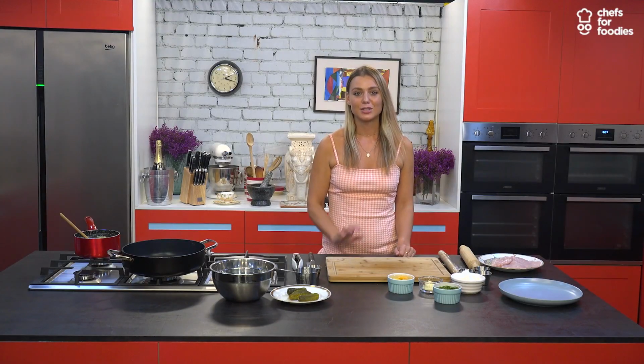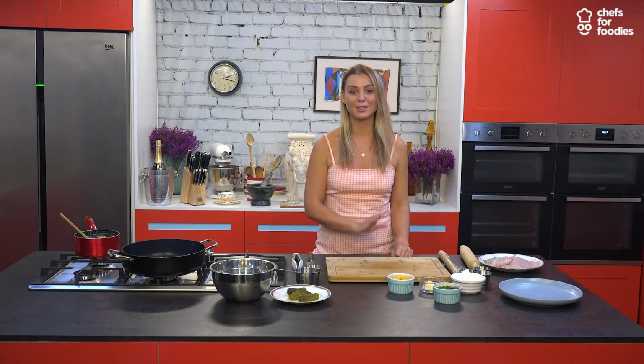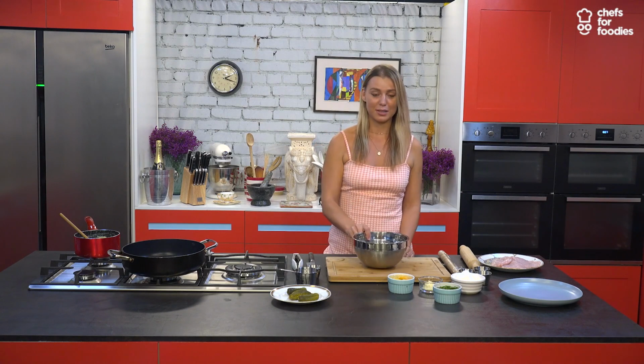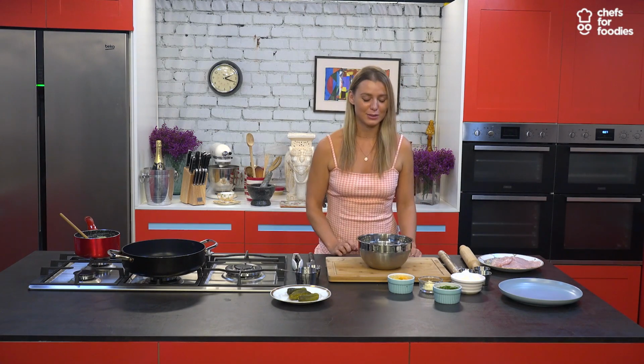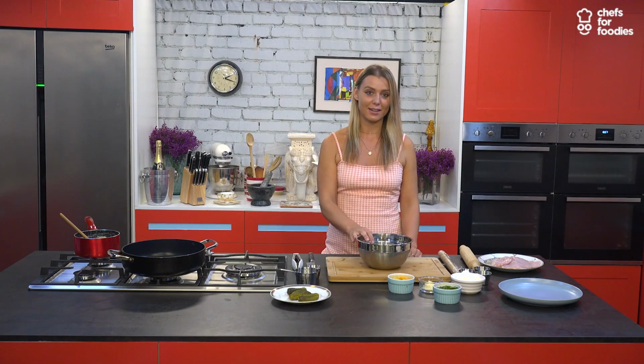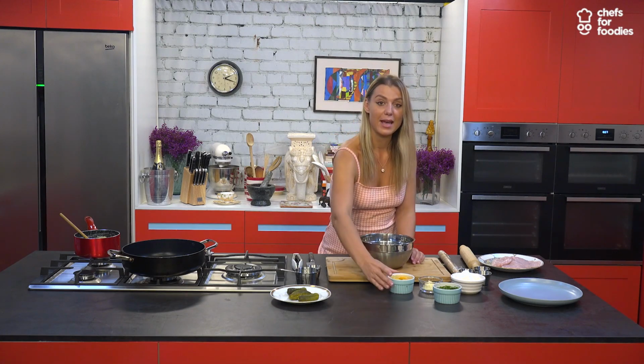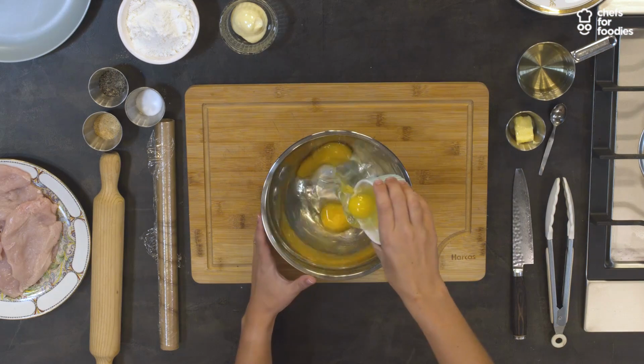Now we're gonna make our delicious batter. Now my grandma used to love this batter because it's so quick and easy, and she taught me this recipe. And I remember when I was little, I didn't really know what I was doing, but I was mixing everything together in one bowl. So what we're gonna do, we're gonna add our eggs inside the bowl,